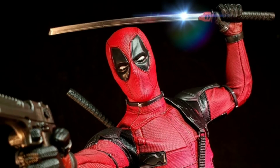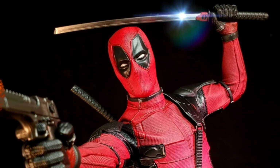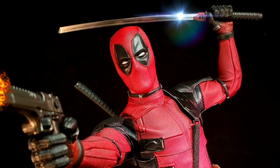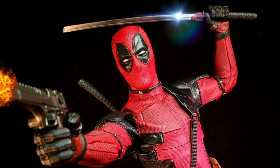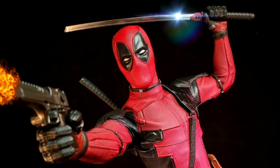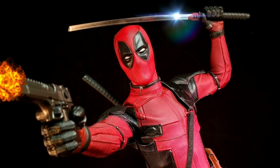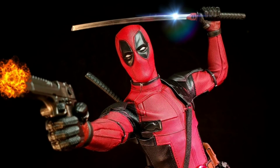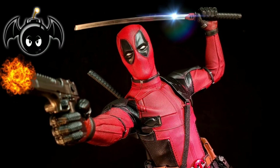The amount of detail that they captured is just perfect. His paint apps are very clean and very sharp. All of his accessories just feel like very high quality and very well done. And even his articulation is very good, and that's something that I really didn't expect. Overall, again, just a really badass piece that I think you should all own if you're a giant Deadpool fan like me. So I give him a rating of 5 Bat Bombs